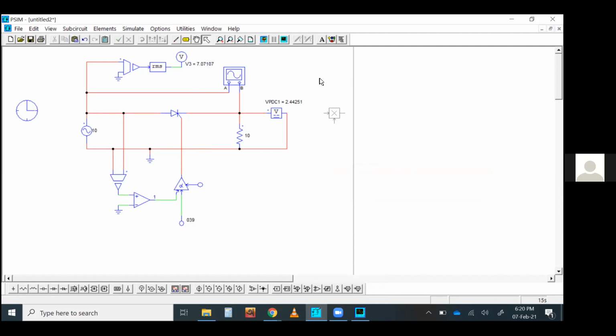Now, say for example, I want to calculate the power in a different way, not by the oscilloscope. So this is the multiplication block. There are two terminals. Whatever values you give here, it will multiply and give the output here. So in PSIM, any variable can be represented by a voltage source. You can simply take any voltage you want, put a voltage source, set a value like 100. So it will get this 100 as a variable. If you put another variable here, it will get it as a simple variable, and they will multiply and give you the result. That's that simple.